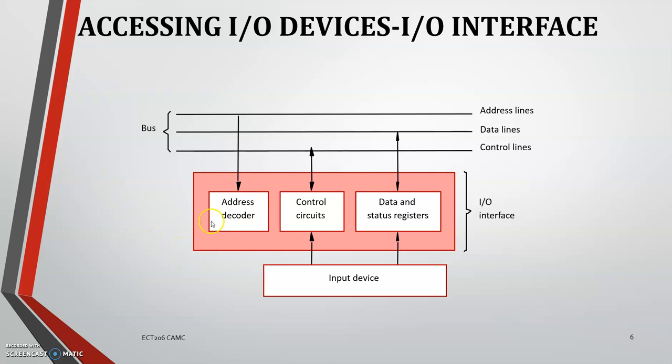And this is the address decoder. Here you can see that the address is placed by the processor to the address decoder, and it's a single unidirectional line, and these two are bidirectional. That is, control signals are transferred to and from the I/O device, and data is also transferred to and from the I/O device. So here an input device is connected, and only the input signal is given here.